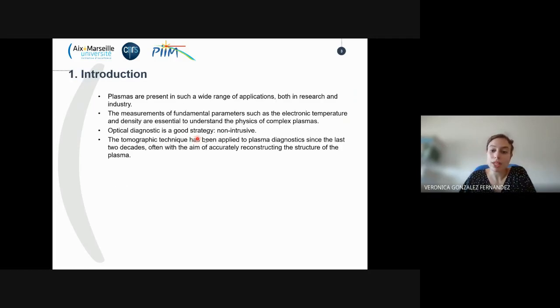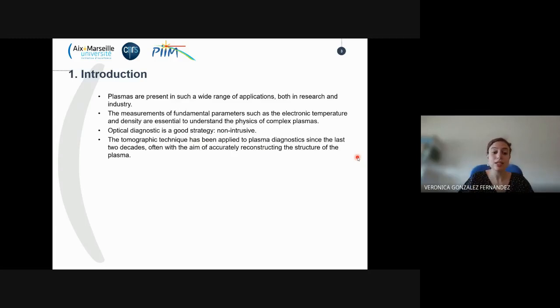So everyone here is aware that plasmas are present in such a wide range of applications in research and in industry. But to have a good performance of this plasma, it is fundamental to know this kind of plasmas, for example, via important parameters such as the electronic temperature and density. So in this challenge, optical diagnostic is always a good strategy because it's a non-intrusive